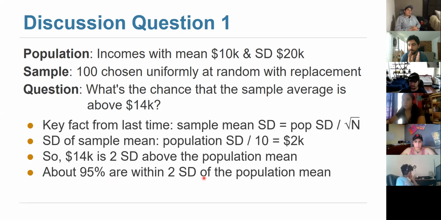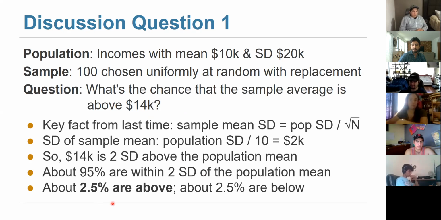So 95% of your data are within 10k plus or minus 2 standard deviations, which means from 6k all the way to 14k. That's 95%. So the question asking us is, what's the chance that the sample is above 14k? That would be 2.5% on the right-hand side of the distribution that are above 14k, and of course there are 2.5% that are below